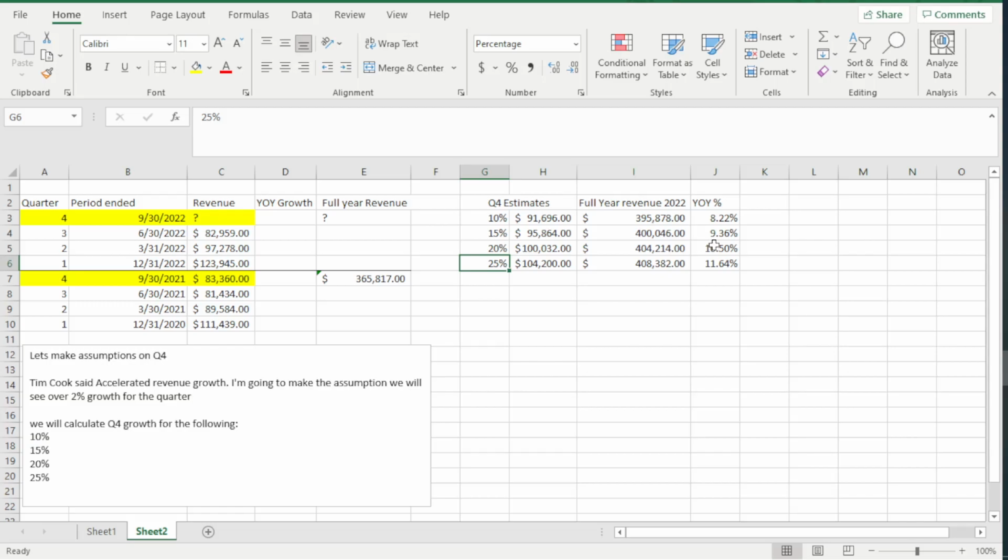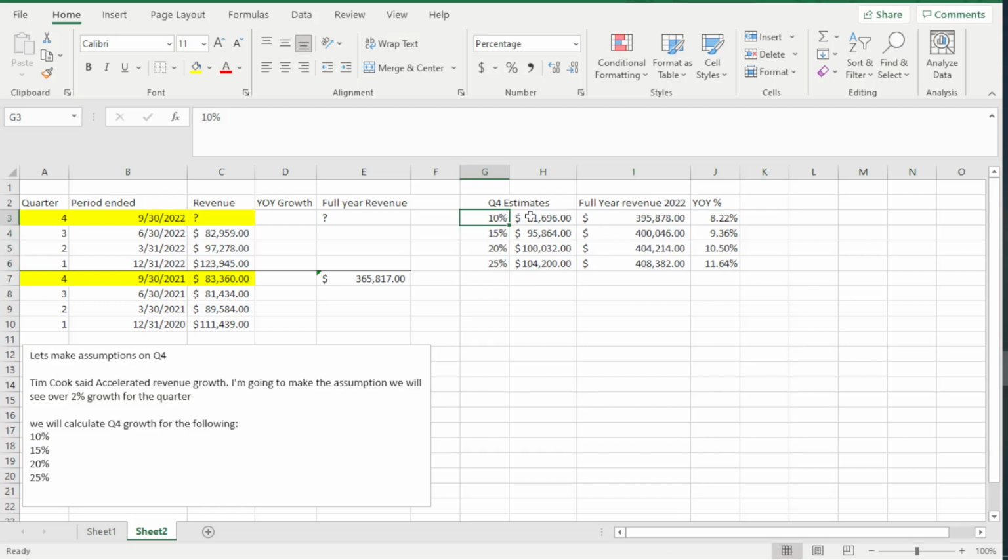Now, over 25%, I'm a little bit skeptical. But I do believe it's probably more likely that we come in somewhere around 15%. That would just be my guess. It's not really backed by any data. I'm just guessing right here. But I do have this pretty nice range right here, so my estimations could actually be pretty accurate.